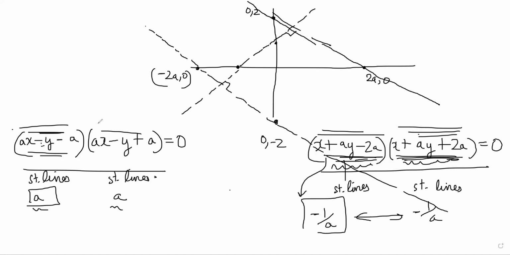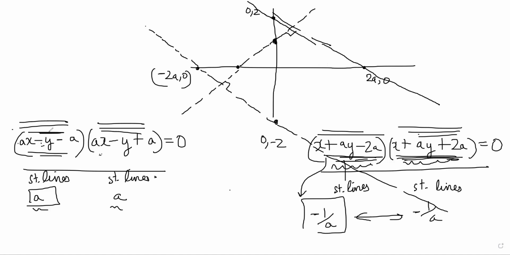And similarly, if we draw this one, we get minus 1 as the y-intercept and 1 over a for the x-intercept. When x is 0, you get y is a, right? So you get this one. Wait, I have made a mistake here somewhere. X is 0, y is negative.